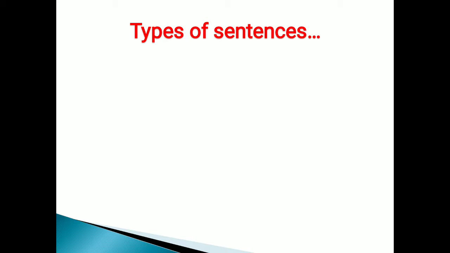After this particular activity, which is all about homophones or homographs, we're going towards the next one, that is types of sentences. You all know it very well that in English we have four types of sentences. The first one, assertive. An assertive sentence is also called a declarative sentence. It is also called a